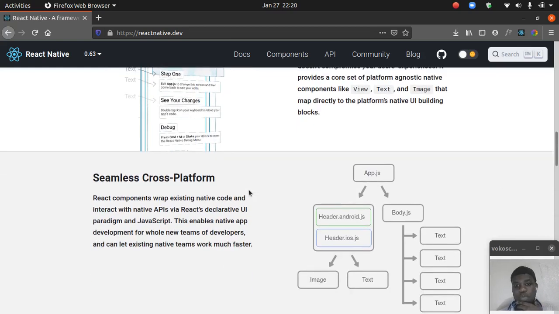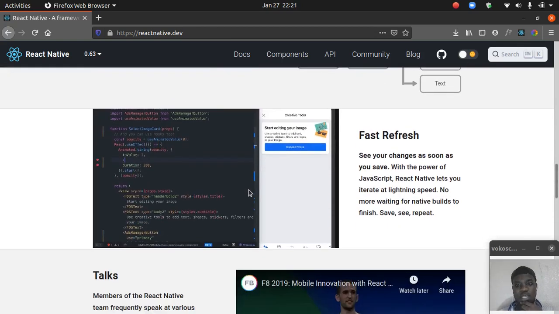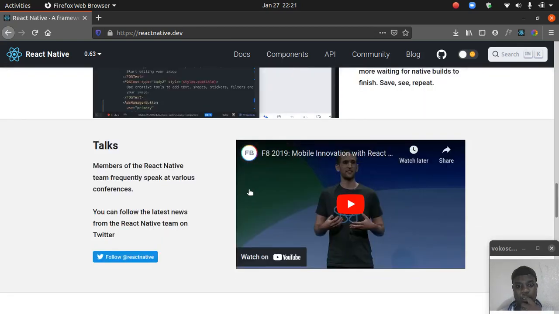So obviously the best place to start off is the React Native documentation, and this is the best place to